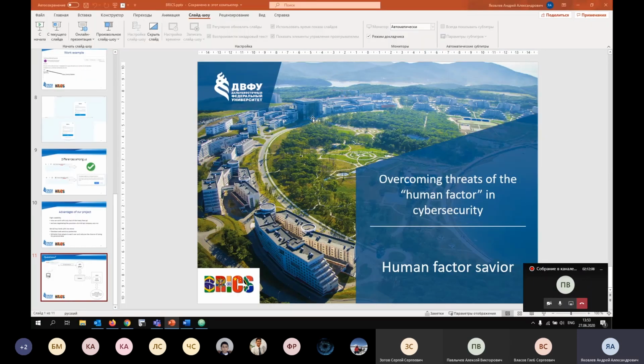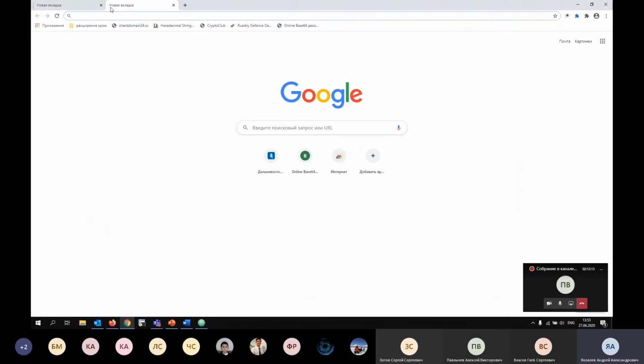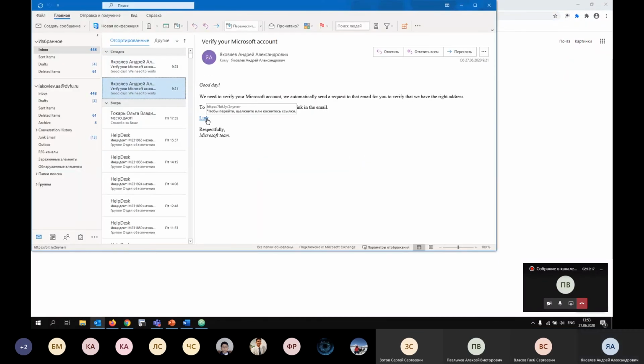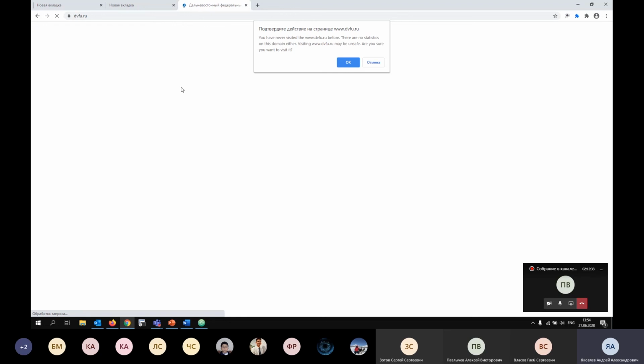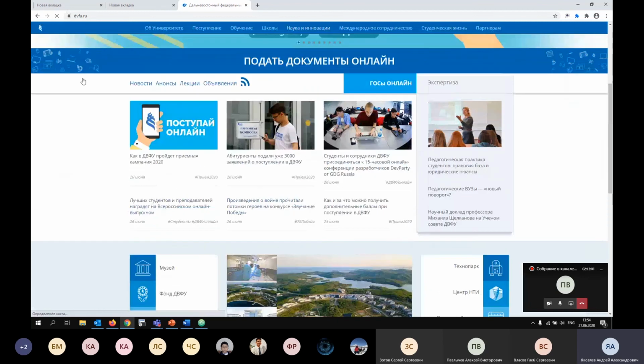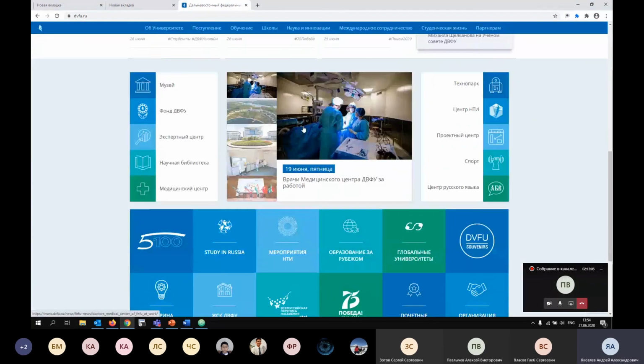Now I demonstrate how our project works. For example, I open this link, and if I go to this site, now we work in operating mode. I will be asked that I never visited the ДВФУ.ру before. It's not the same example as in the slides, but now the domain ДВФУ.ру is blocked. If I press OK, I go to the site and can use it without restrictions for